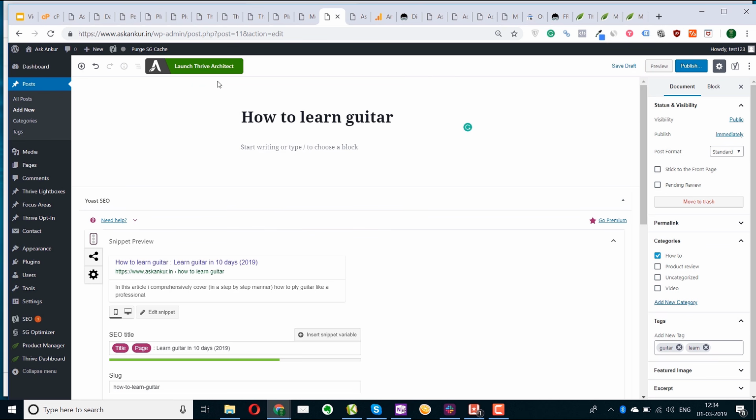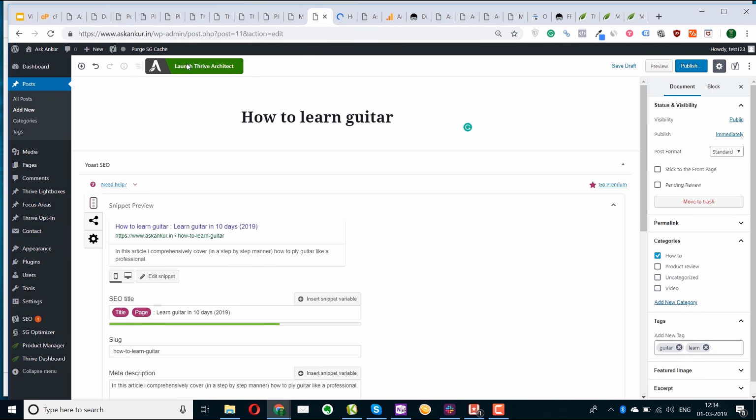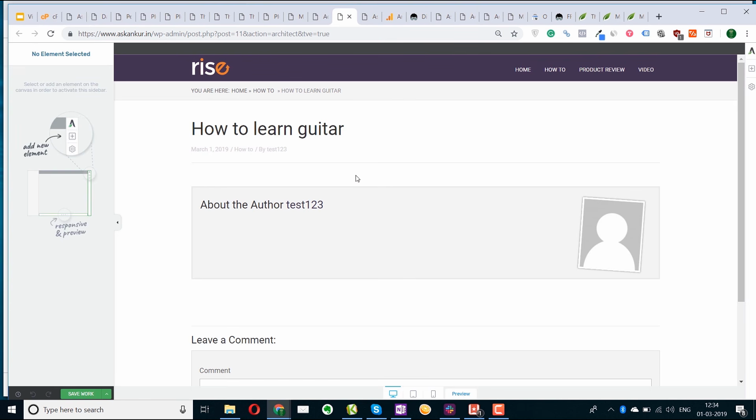So now this is saved in your WordPress backend. Now we'll be creating a beautiful version of this article. So click here on launch Thrive Architect. If you're not invested in the Thrive Themes membership, then you won't see this button. Then you'll have to use the basic editor of WordPress. Since it doesn't offer too many functionalities, I usually don't prefer it. I prefer to make my article look beautiful in a way that people would want to read. That's why I purchased this membership.